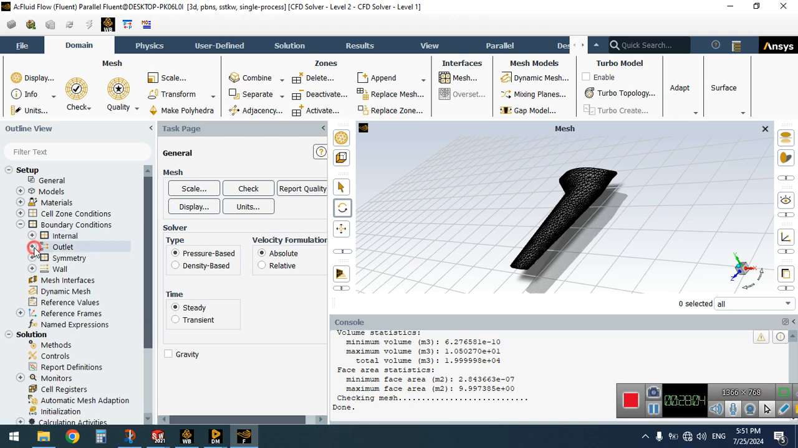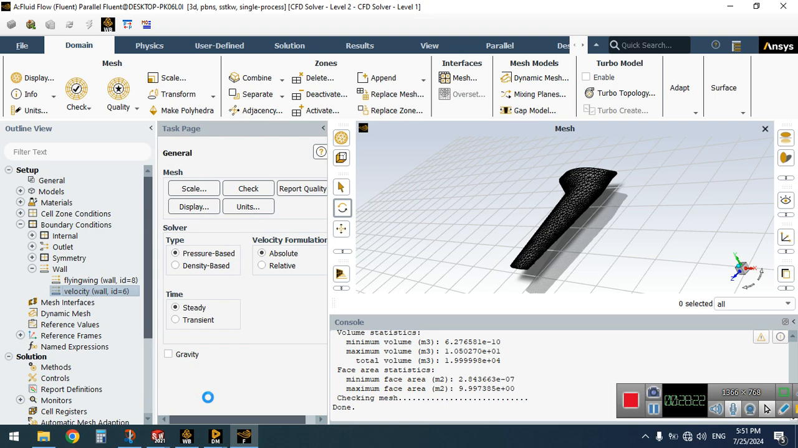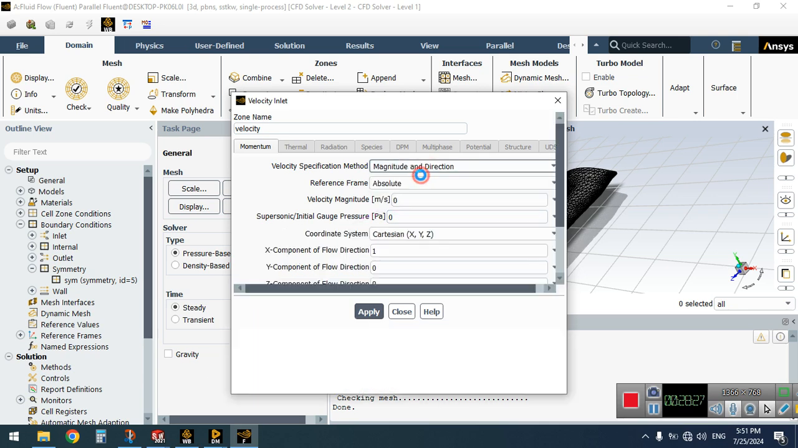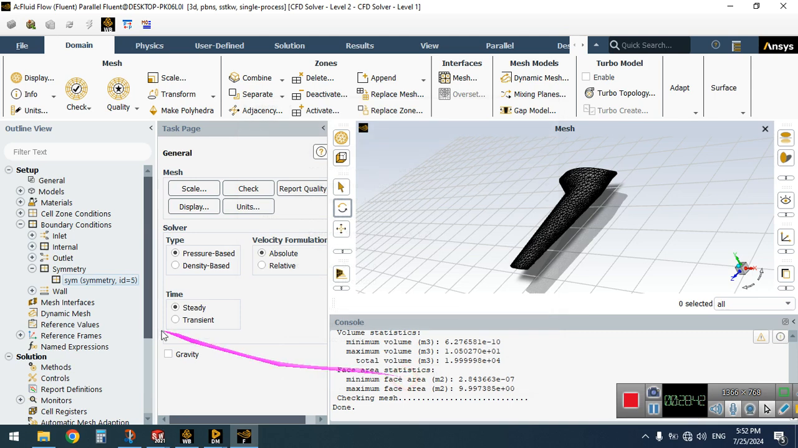Okay, outlet, symmetry, and all these boundaries have been given the right type, except for velocity. Change velocity to velocity inlet, and let's do magnitude and direction. For example, if the plane is going to have 20 meters per second of velocity, for example, and this is the direction as it is. Okay, the wall is flying wing,